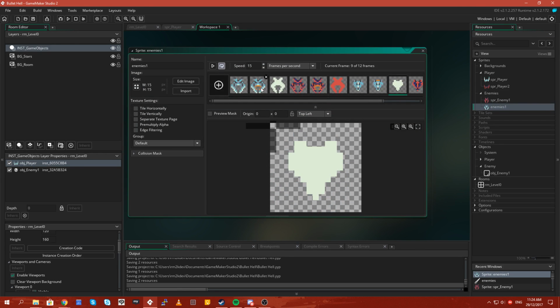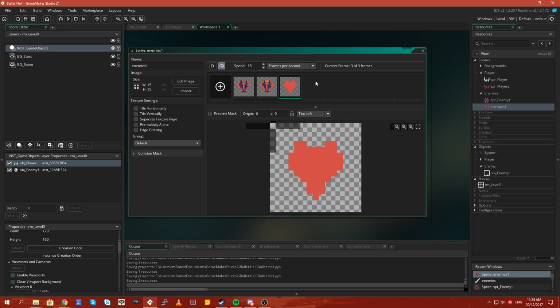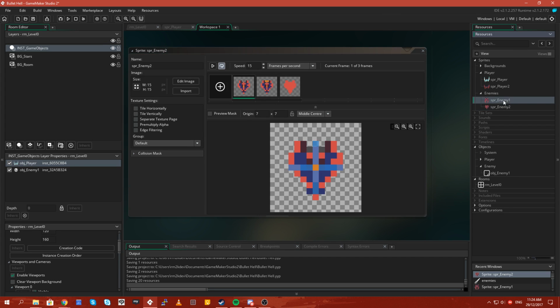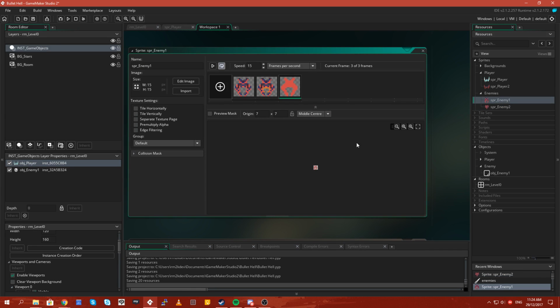And this one we will just take that guy like that. SPR enemy 2. Middle center those. That's better. And then middle center on that. That was really weird. Maybe we found a bug. Excuse me. There we go. Middle center on that.